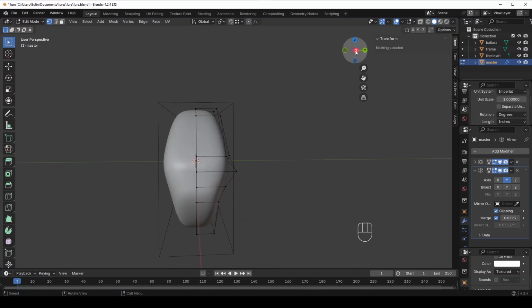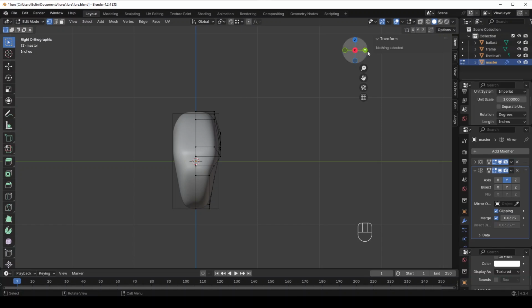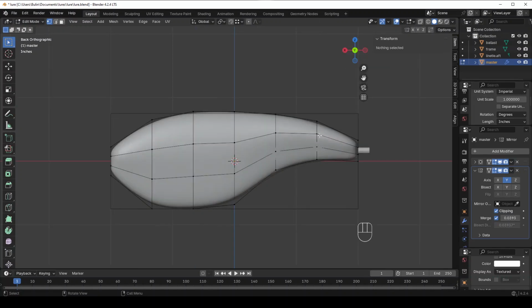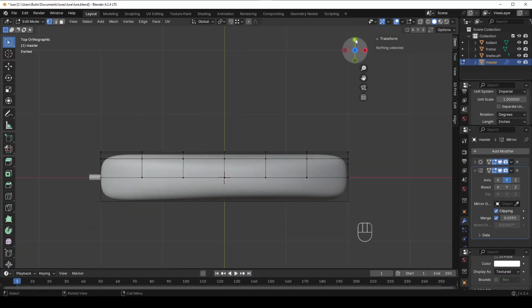So we've got our front, something that's tidied up and workable. We have our side view that's something that's tidied up and workable. We're going to come back and change this a little bit. As you add loop cuts, it's going to change your visible geometry a little bit. That's okay. So let's hit Z to look at the top view now. We're going to get the top view in order. So you should be seeing